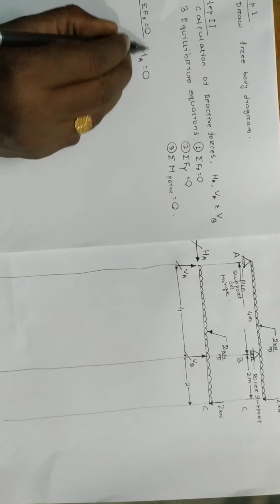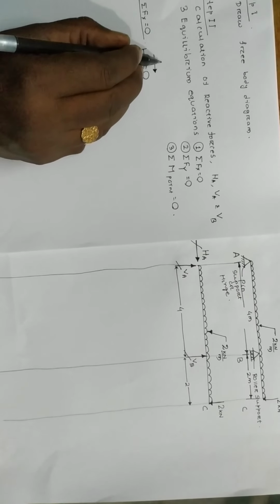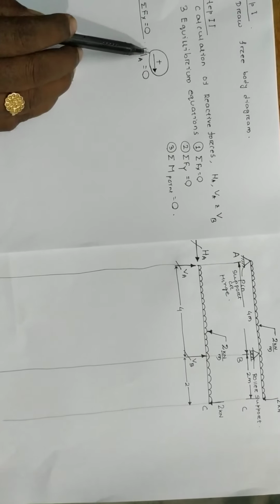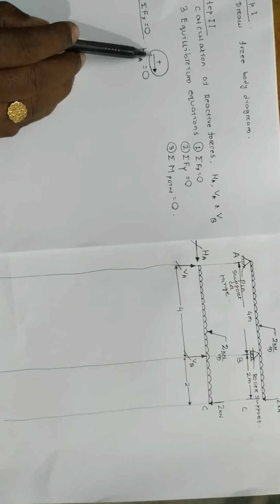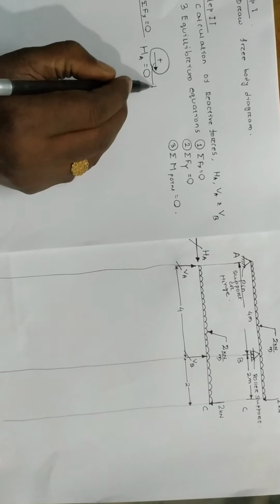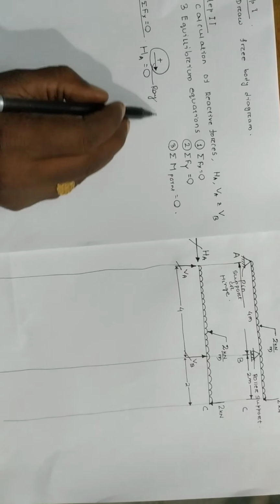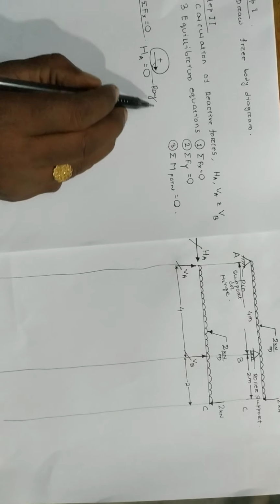Another thing, a sign convention. For summation of Fx is 0, you must put a sign convention. That means for all the forces I am putting, suppose this is the symbol, I am making you understand what the symbol stands for. The forces along horizontal direction. This is a ray. That means the force can be extended only in the right hand side direction. And all the forces along the right hand side direction are positive.